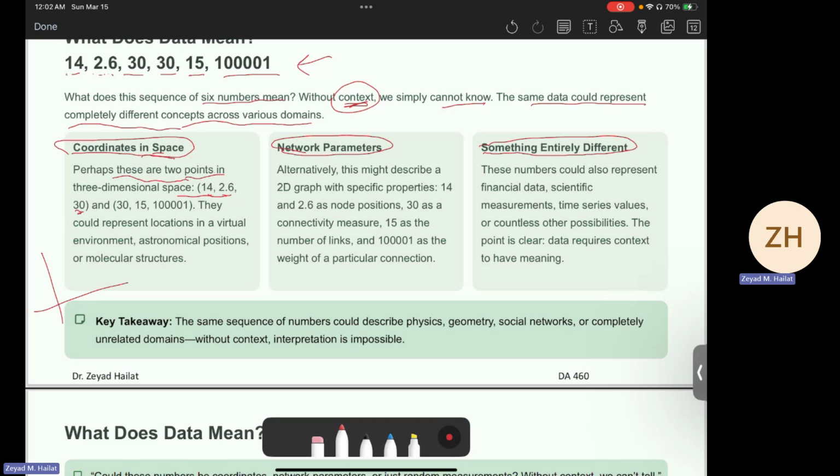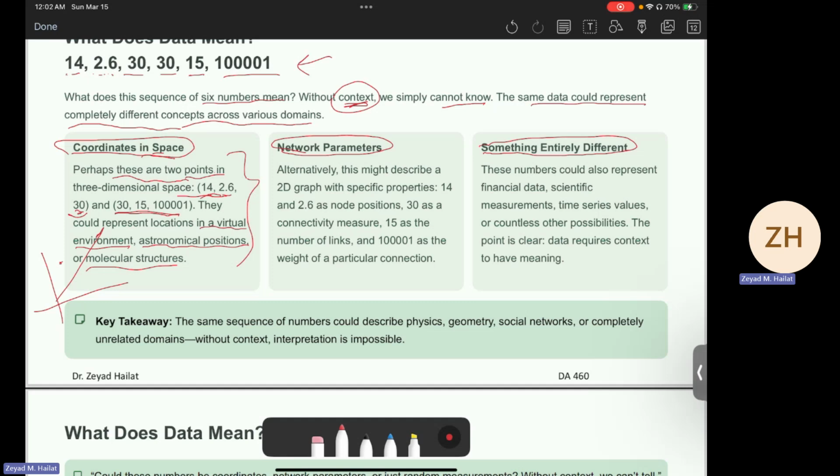I'm looking at 3D coordinates. So this is a point, and this is a second point. This is possible, and they could represent locations in a virtual environment, or astronomical positions, or molecular structures. So they do have different meanings if I look at them in coordinate space, combining them in triplets,